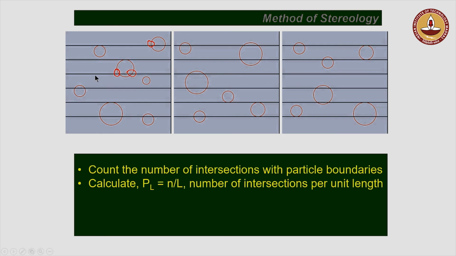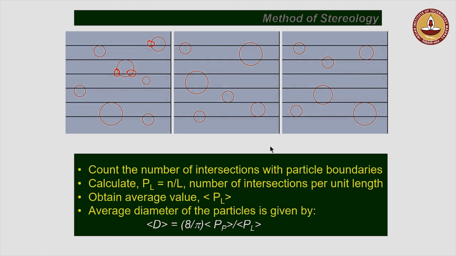I divide that by the total length of these horizontal lines. Okay. So, I measure the length of one of the horizontal lines and then add up the lengths of all of them put together. This is what we call the number of intersections per unit length, and the symbol that I am using is P sub L. Okay. Using this, I get an average P_L from all the 3 images in this case,